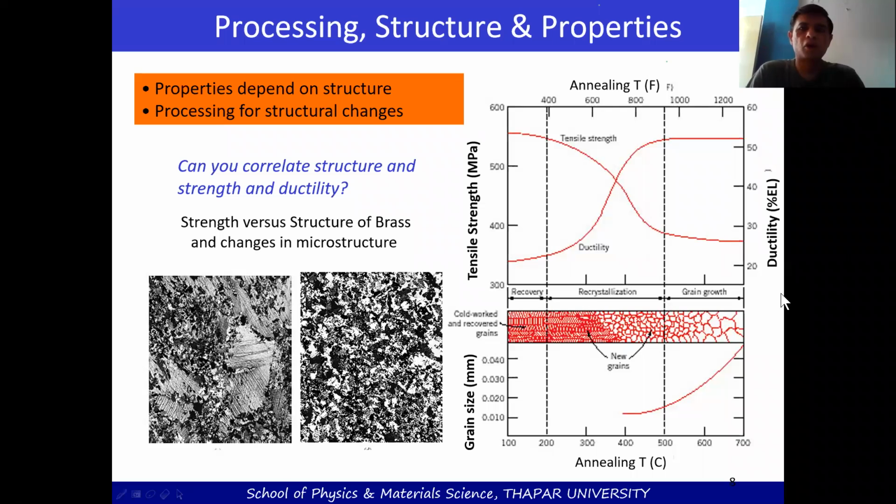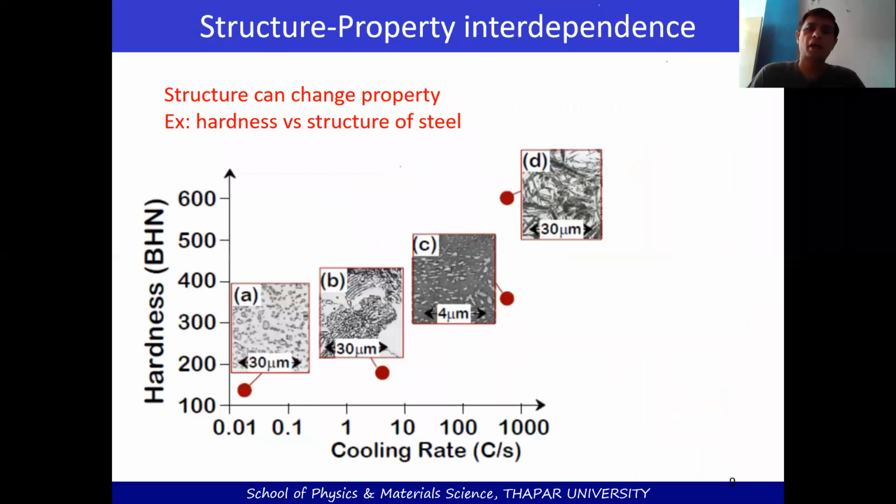So this was one of the examples where you can make a good correlation between a structure and the property of the material. Let us look at another example. In this particular slide, I have shown 4 microstructures named A, B, C, and D. I am not describing the difference in the microstructure, but if you see from a layman's perspective, what you can